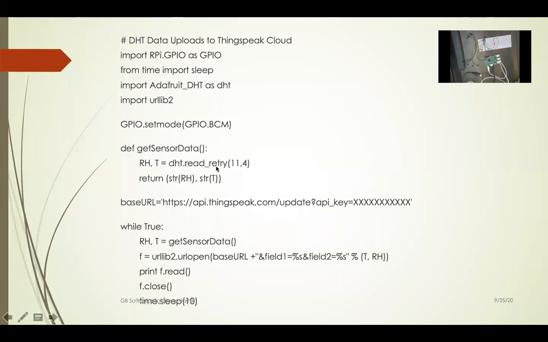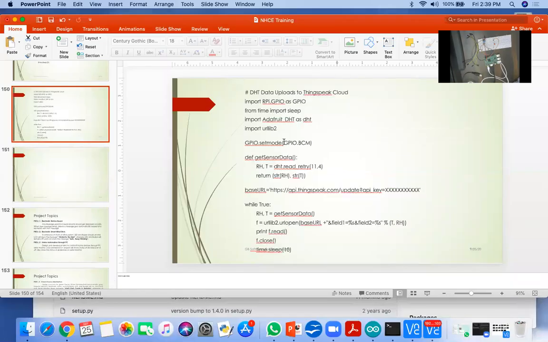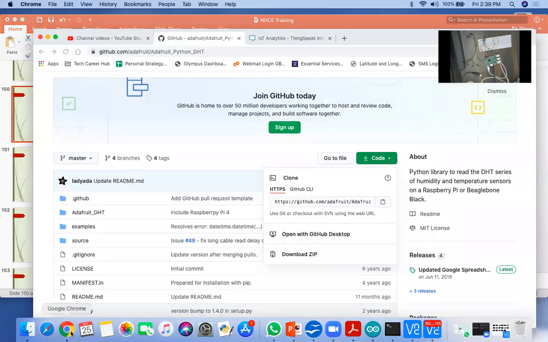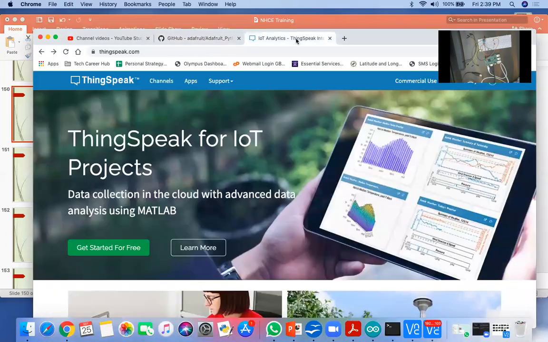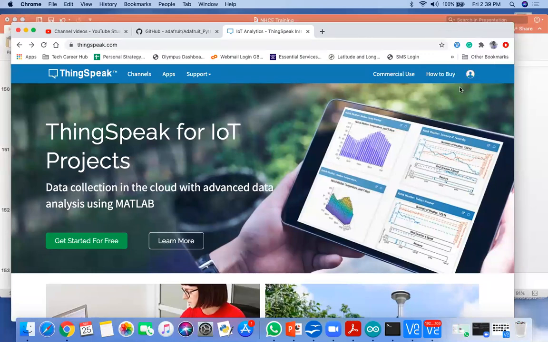So this is my program which will upload our DHT data to the ThingSpeak cloud. I'm going to visit ThingSpeak to find my API key, so I'm logging into it.